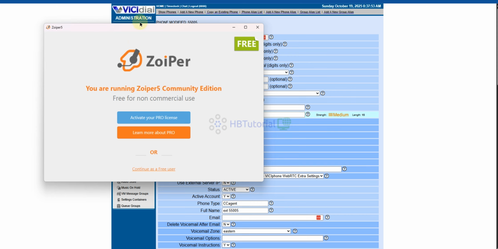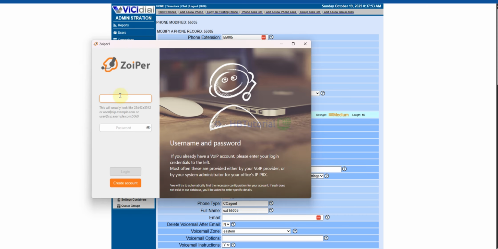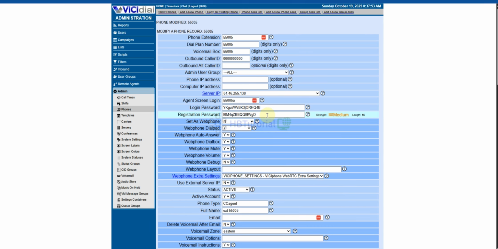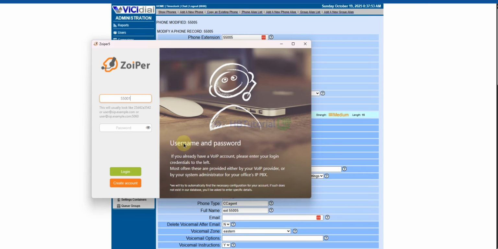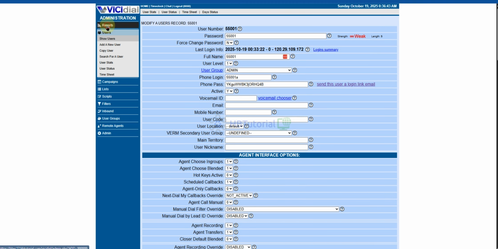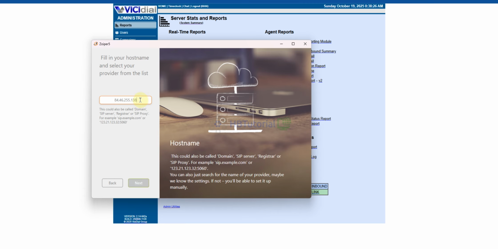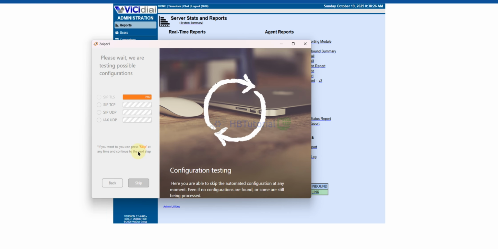So this is our Zoiper now. Continue as pre-user. Then your extension number, registration password, login. And then the IP address of the server. Next, and then skip.